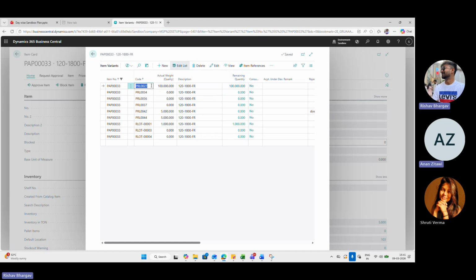The PRL variant code shows that these variants are coming from the GRN. The RLOT 001 number series depicts that the variant is created through cutting by roll rewinding. We separated GRN reels and rewinding cut reels. If we want both number series to be the same, we can set both number series equal in the production environment.